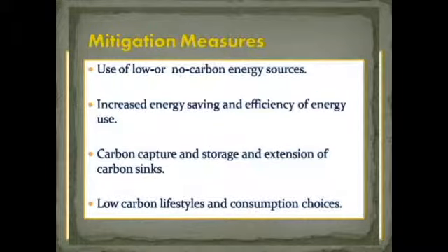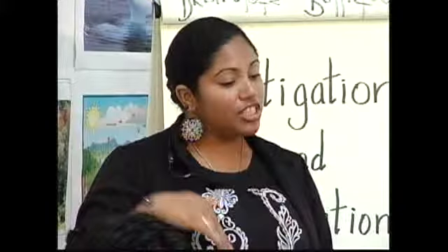So we have to change our lifestyles. We have to change the way we live. Stop using a lot of hairspray that emits carbon into the atmosphere. Reduce how many times we use the car. Some people have a shop around the corner, and instead of walking or going on a bicycle around the corner, they would get in the car just to drive 1 minute around the corner, right? So by just walking or riding a bicycle, we can stop carbon emitting into the atmosphere.